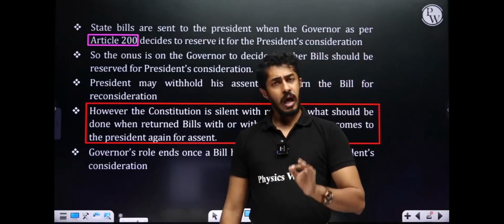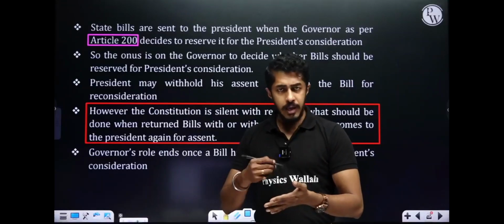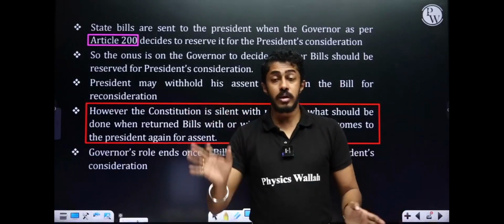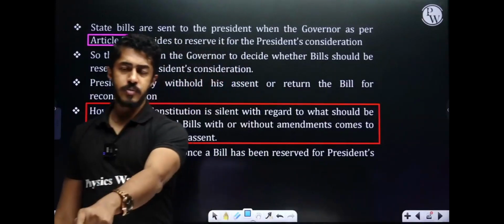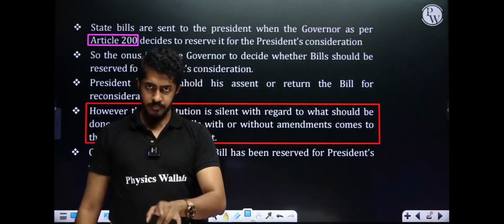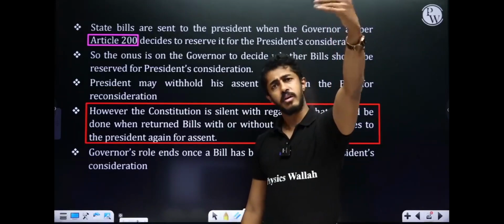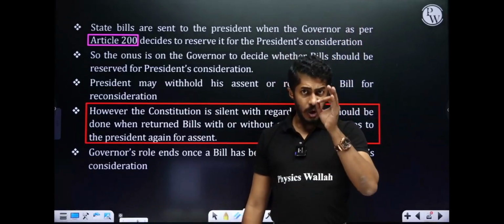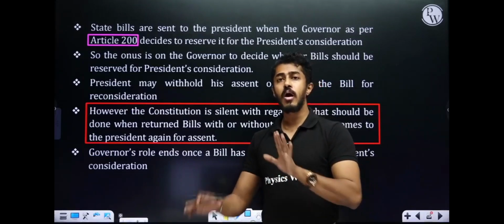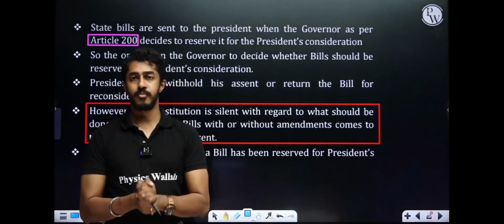What does it mean? Article 200 basically says, now let us say Suganya is the president, I am the governor. I pushed the bill to Suganya under Article 200. Once I push it to Suganya, it is no more my headache. It is between Suganya and the Council of Ministers headed by the Chief Minister. So here, she can give her assent, and she can even tell them, return it for reconsideration. Two things she can do. However, if the bill comes back again to Suganya, what she should do here, the Constitution has not made it clear.